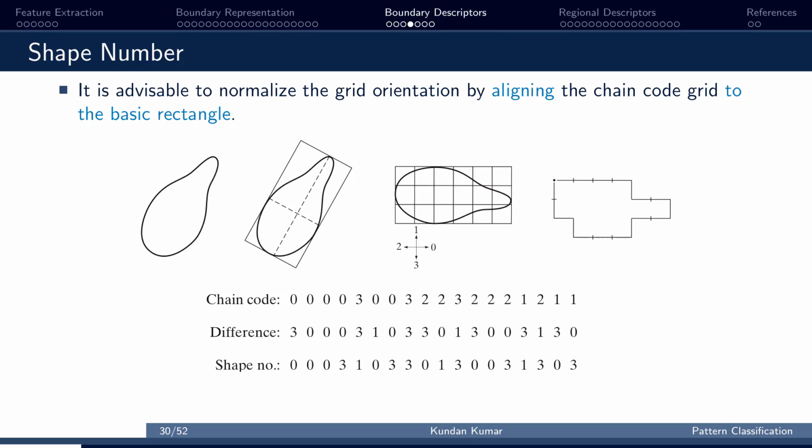To do that, we will normalize the grid orientation by aligning the Chain code grid to the basic rectangle. So the first step is to compute the basic rectangle of any shape, which we already discussed in